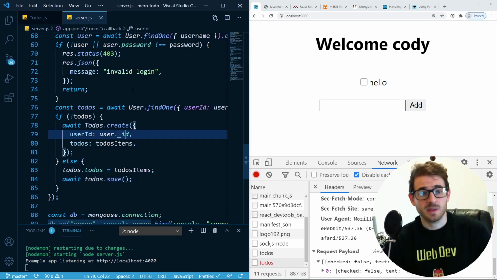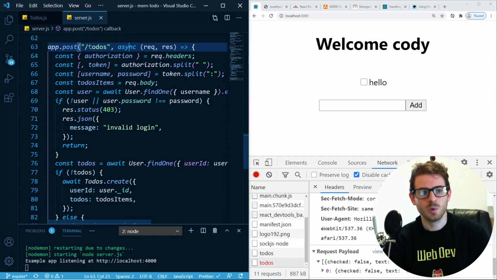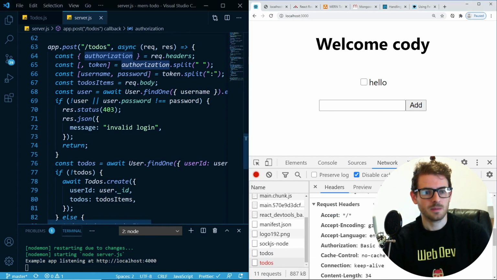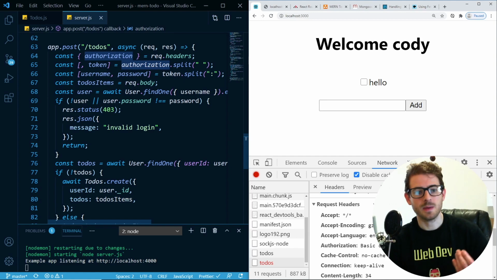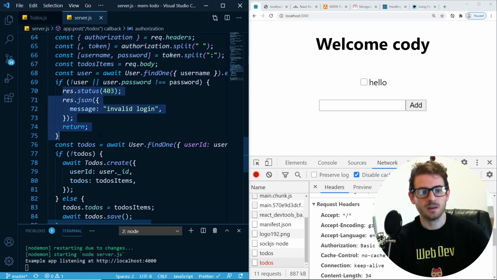I don't think I explained that too well, so let me just do a real quick recap. We have a new endpoint where you can do a post request to /todos. We basically grab the authorization header from that request. We get the username. We fetch that from the database. If the username doesn't exist or the password passed in doesn't match the username that we expected, we send back an invalid